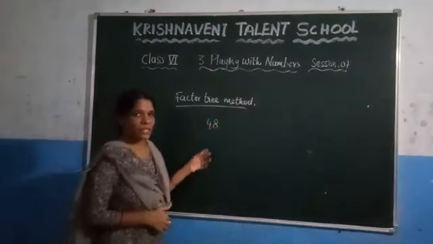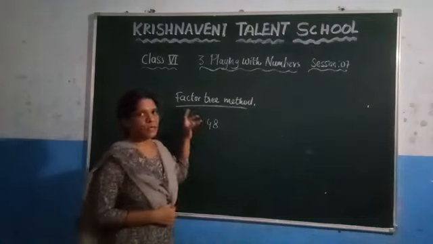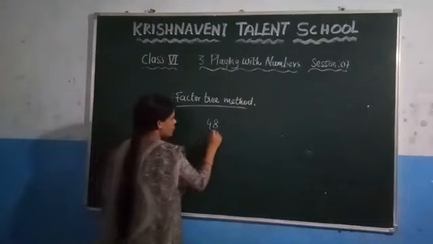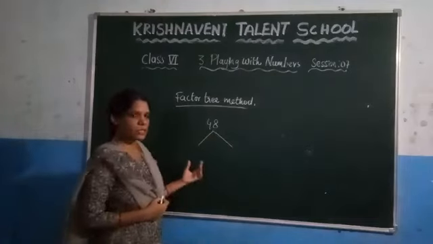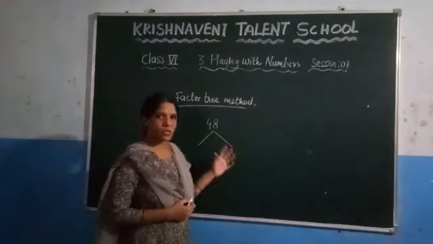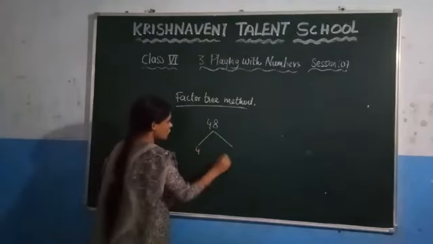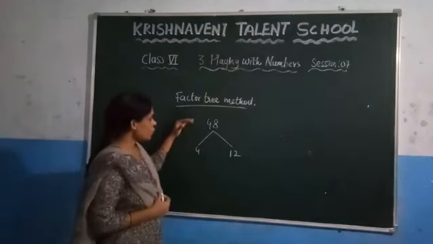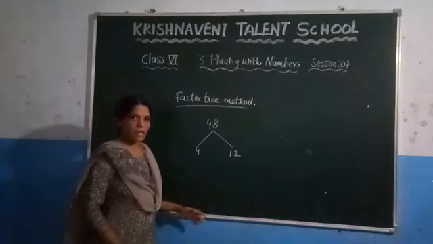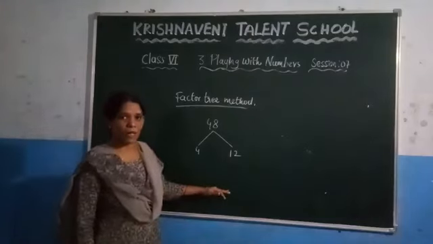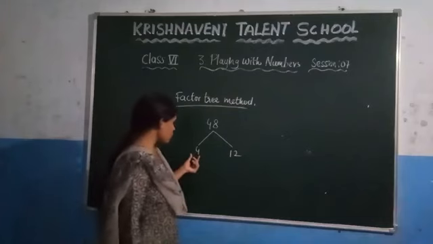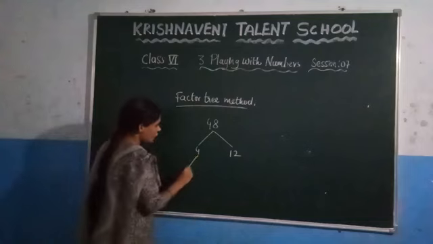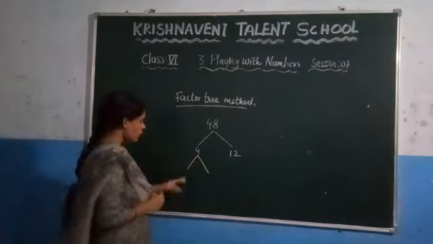So if you want to find the prime factors of 48 by using the factor tree method, first you need to write 48 as the product of two numbers. Here you can write any numbers, there is no condition to write them as primes. So you know that 4 12s are 48, write it here 4 and 12. Now in this method you need to follow this procedure until you get all the numbers as prime numbers. So here you can observe that 4 is not a prime number. Similarly 12 is not a prime number. So again write 4 as the product of two numbers. And so how can you write it?